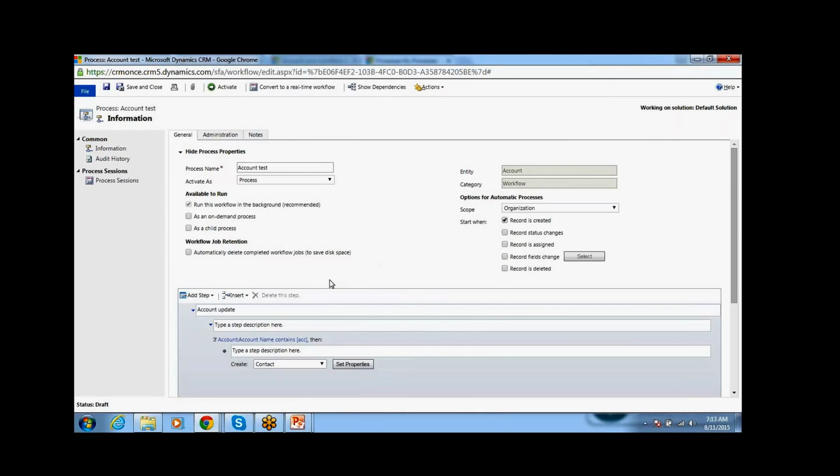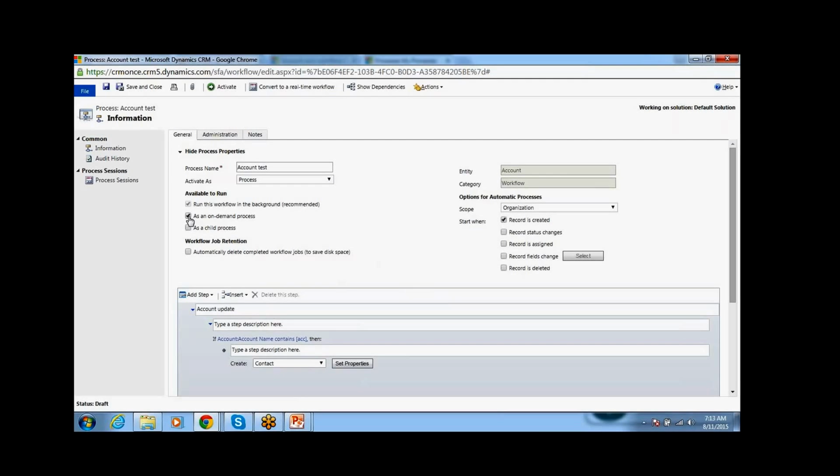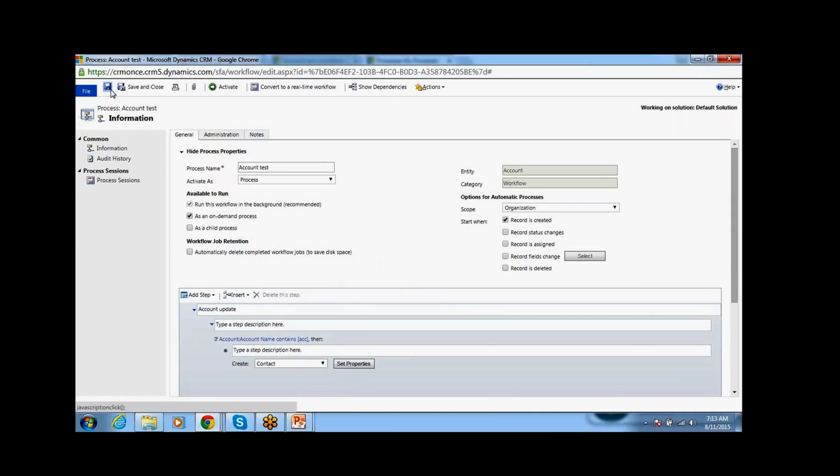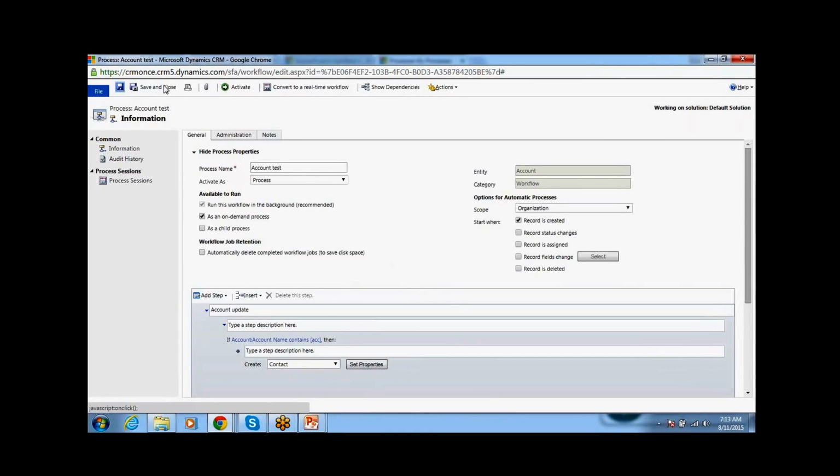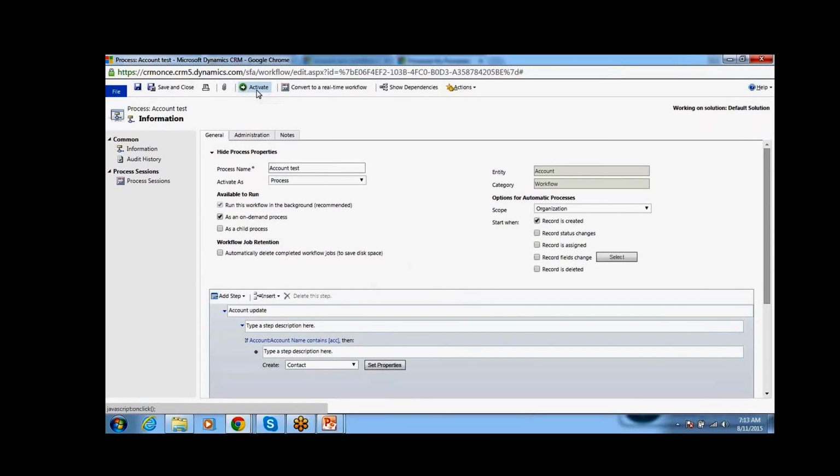Here I will select an on-demand process. Now I can explain the on-demand process. If I select an on-demand process, then we can save and activate.